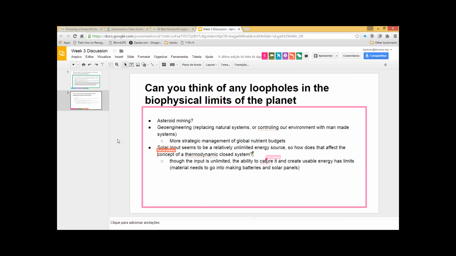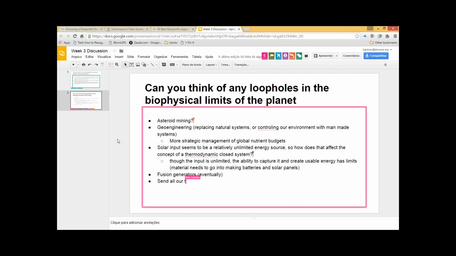So on the one hand, on a very, very minor, tiny little level, it's always been true, because over time, as the planet moves through the universe, it accumulates a little bit of material from outside in space. So a little bit of material falls onto the planet, in addition to the energy from the sun, and this material adds to the material stocks that are available. It's very, very tiny in comparison to what's available, but it is a tiny little loophole.